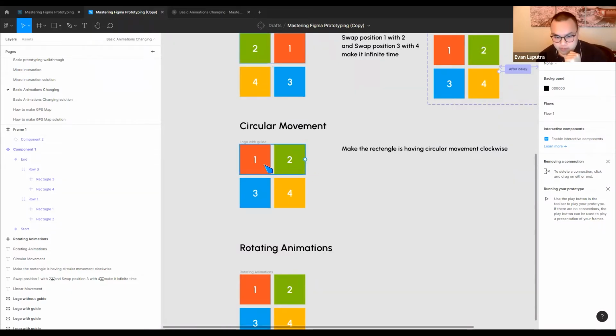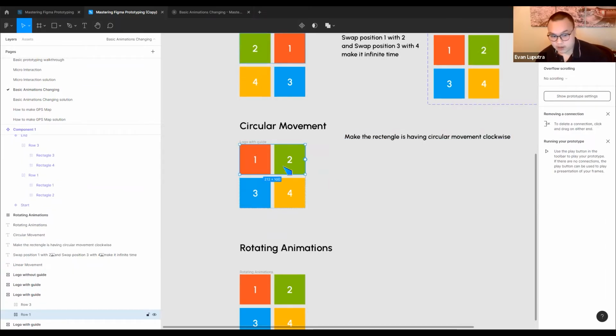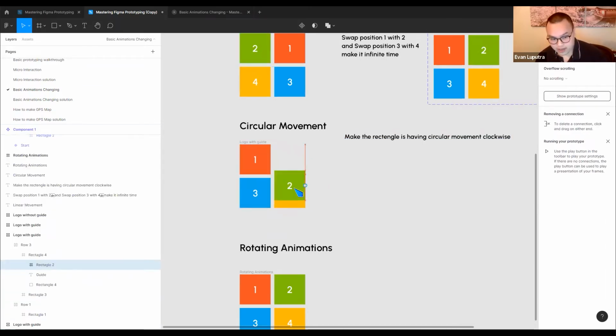Circular movement, right? So 1 to 2, and then after that to this one, to here, another one to here, another one go back to where it was. So this is the movement that we want. Am I right? First thing first, what you need to do, because of this circle movement, you cannot do this,